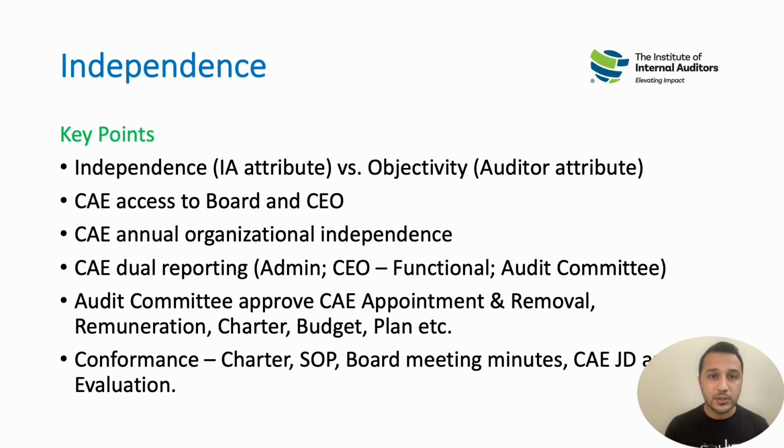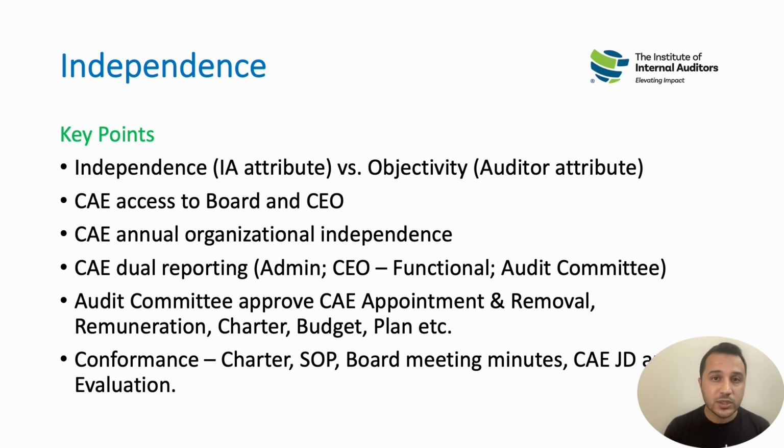However, there might be a possibility that the internal audit is independent, which means the head of internal audit is functionally reporting to the board and audit committee. Yet individually, the internal auditor's objectivity might be compromised despite being independent. How? Maybe there is a conflict of interest. We will discuss this in detail in the next slide, but generally when there is a conflict of interest at the individual auditor level, objectivity might be compromised despite independence.